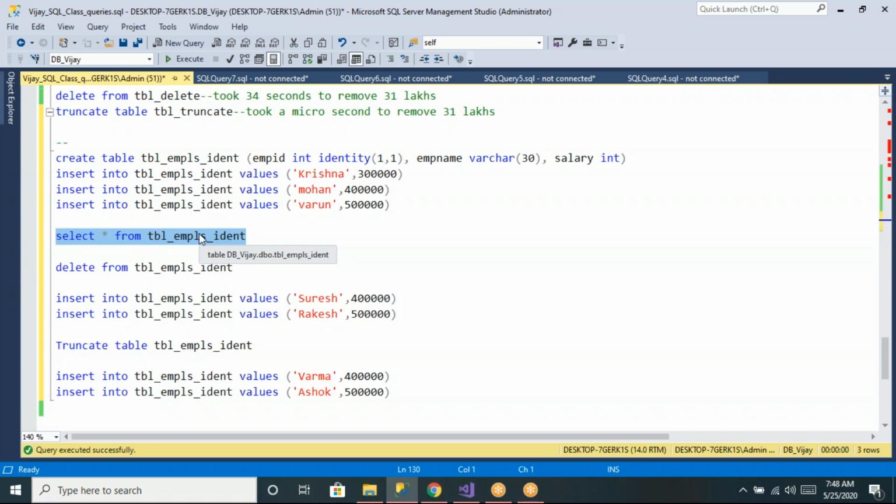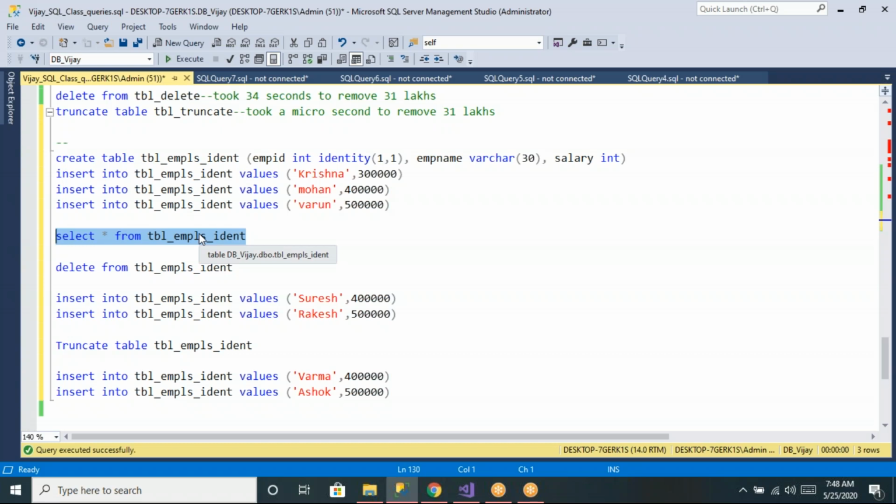Why? Because truncate is not taking any backup. It will just remove the table data. It won't take any backup like the delete command. So that's why truncate is faster than the delete command. Earlier, the delete command took 33 seconds for 31 lakh records because before deleting, it was taking the backup of those 30 lakhs, and after taking the backup, it deleted the records.